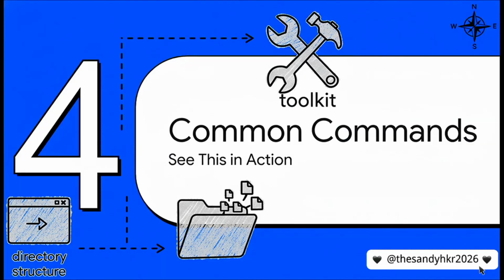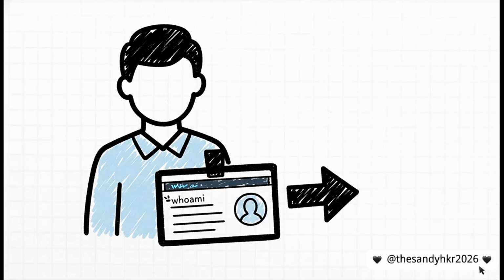All right, enough theory. Let's get our hands dirty. I'm going to show you a few basic commands so you can actually see this stuff in action on your own system. Think of this as your toolkit for looking up people in the company directory. First up, the simplest command in the book, whoami. You just type that in, hit enter, and it tells you which user you're currently logged in as. It's pretty much the digital version of looking down at your own name badge.